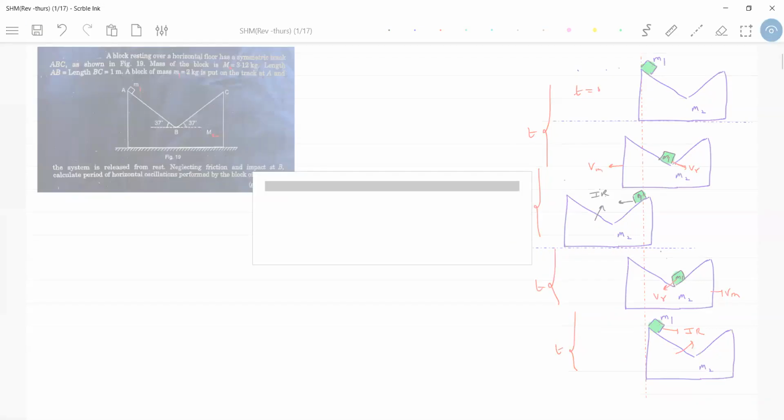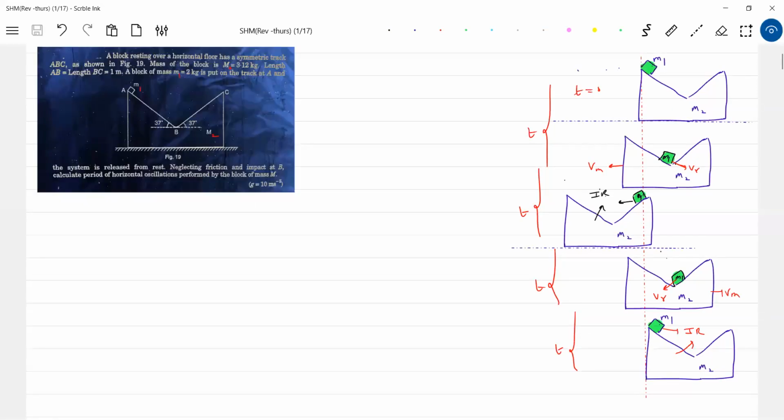Any objections you have, you can object. Let me clarify. Why is VM towards left? See, normal contact will act towards left, no? Because of normal contact, it will accelerate. Due to acceleration, speed increases; normal contact N sine theta will act here. Due to N sine theta, the wedge will move towards left and accelerate. By the time the block reaches here, that will be the maximum speed. Very next moment, the block starts sliding up. N sine theta will act towards right. It will undergo retardation. So this is the maximum speed I should permit.